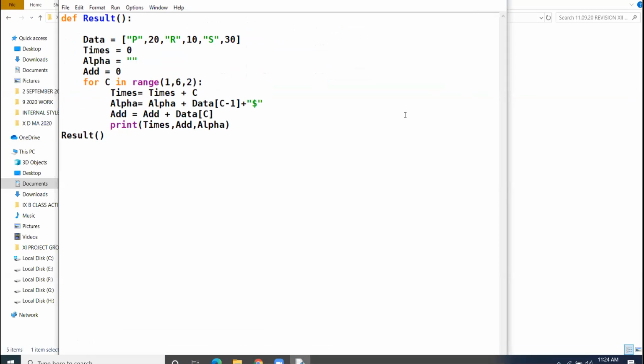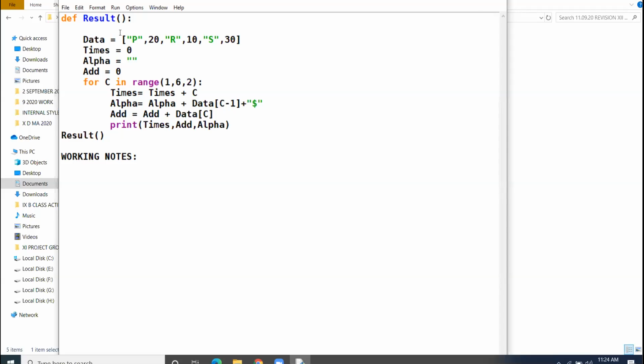Yeah, this is the next output question. You might have solved this question in 11th also, I guess, but I have modified it in the form of a function this time. So we are going to solve this question via the concept of functions. Now, in this question, I have the function result and I invoke that function.